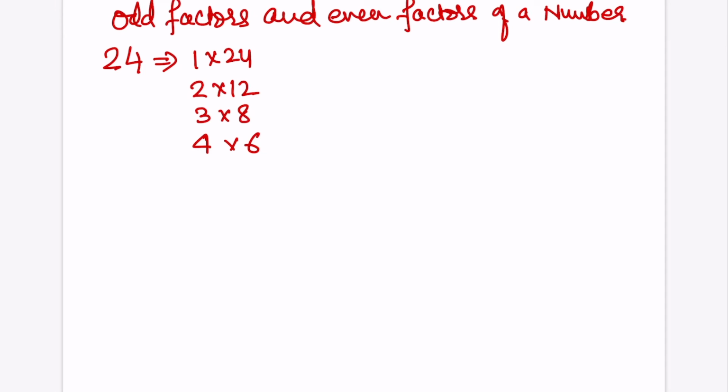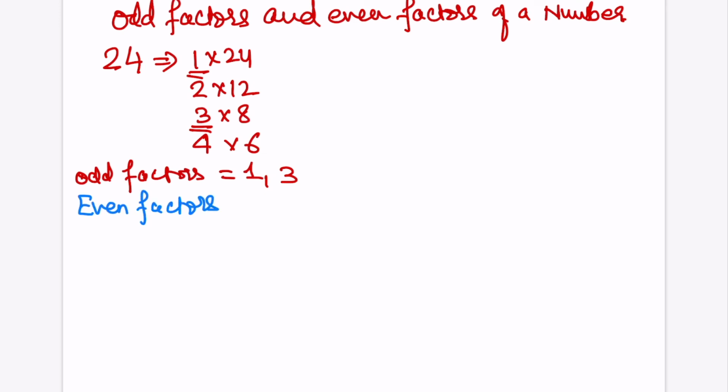We can see that 1 and 3, there are two odd factors of 24. Odd factors are 1 and 3. See, even factors of 24 are 2, 4, 6, 8, 12 and 24, and total factors which we have calculated were